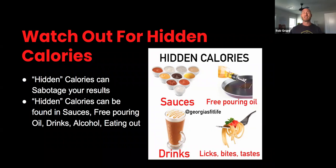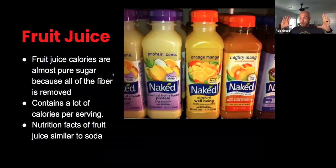All right, so this is huge. I want you guys to really understand how big of a difference it can make. Fruit juice. Ooh, this is a big one. This is going to sting a little bit. A lot of juices that are labeled as healthy have a ton of sugar in them. When you give these juices to your children, you are essentially poisoning yourself, poisoning your children. I know that one's going to sting, but juices have high sugar in them. They are marketed and labeled as healthy, and this is one of the biggest saboteurs of results, because